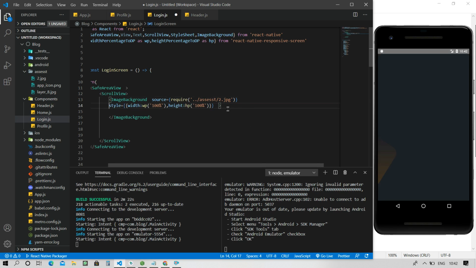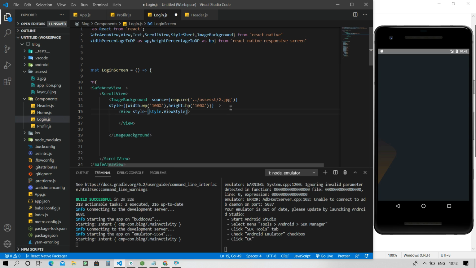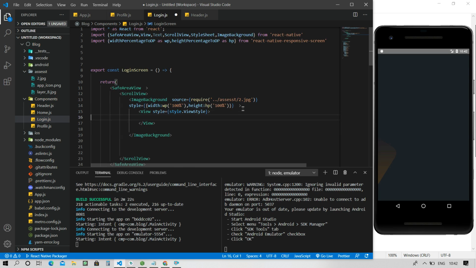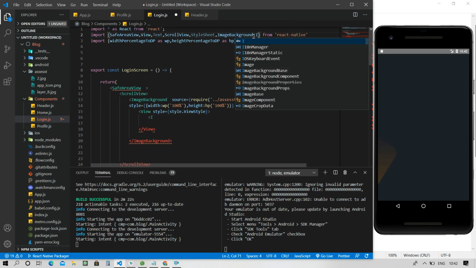So now I am going to create a View here, and I am passing a view style. I already created some styles for the view, so I am using the view style. You can see the properties of width, height and alignment. So I am going here and using an Image. I am not importing Image here, so let's go and import Image.